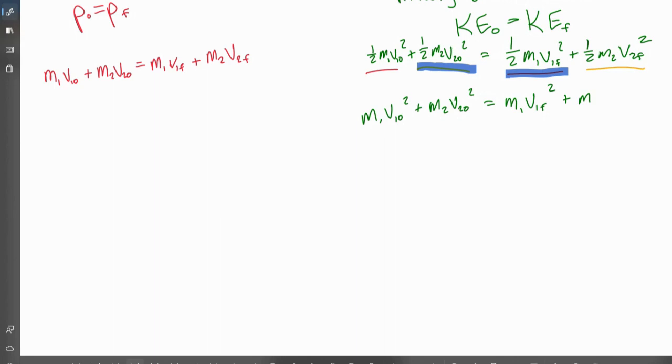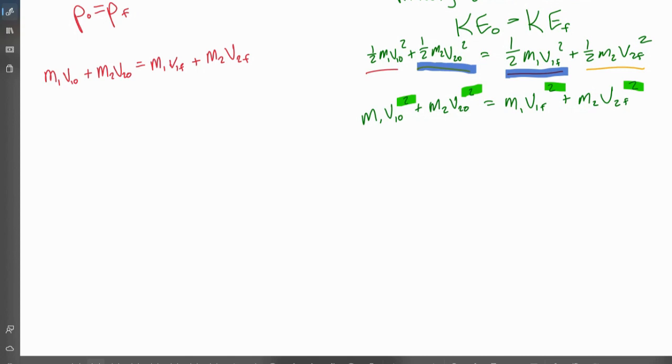So if we multiply this whole equation by 2, we get m1 v1 naught squared plus m2 v2 naught squared turns into m1 v1 final squared plus m2 v2 final squared. These look basically identical, except for the fact that we have all these squareds on this energy equation. Otherwise, these two equations look identical. But what this means,